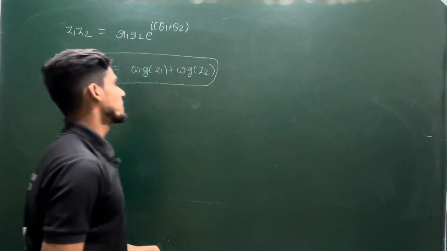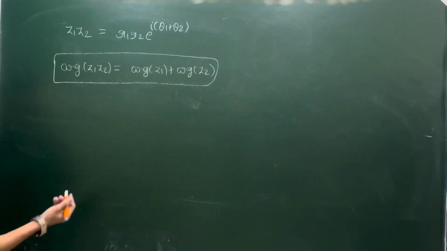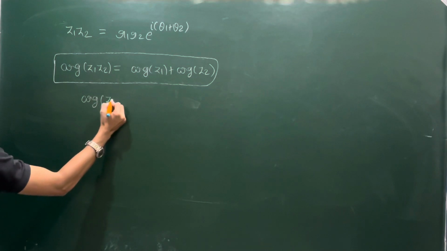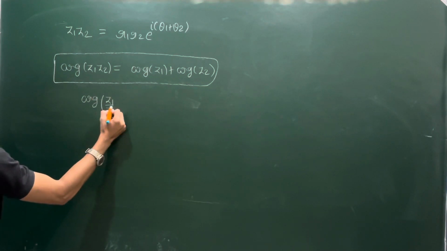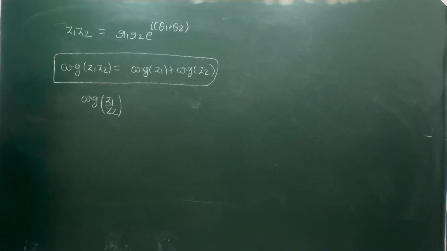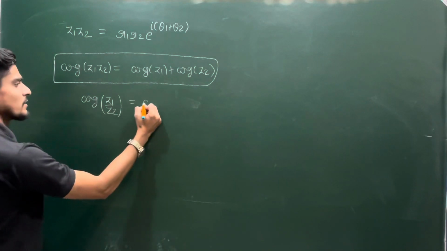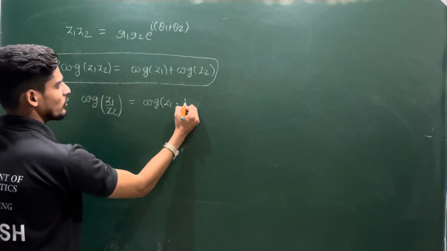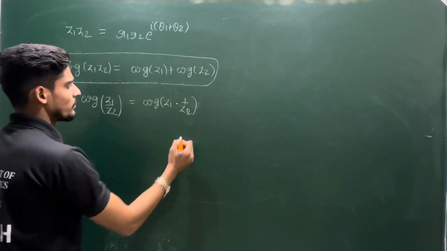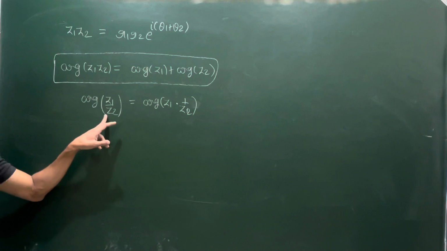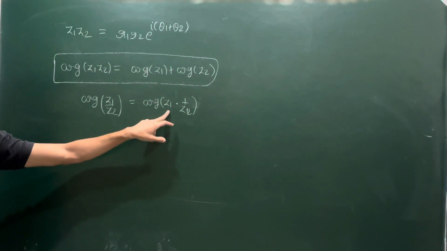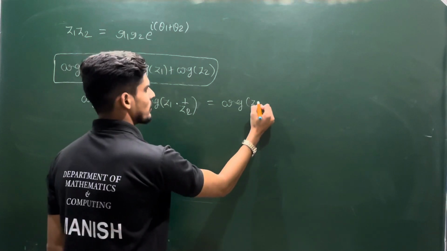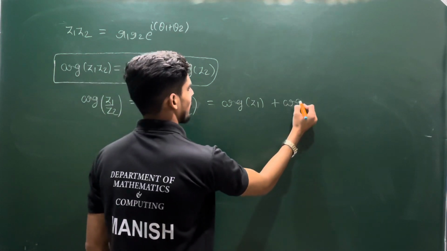So if you understand this part, what about argument of Z1 upon argument of Z2? Can you treat this as argument of Z1 into 1 upon Z2? Because this is well defined, because Z2 is non-zero. So this is argument of Z1 into argument of Z2, which is same as argument of Z1 plus argument of